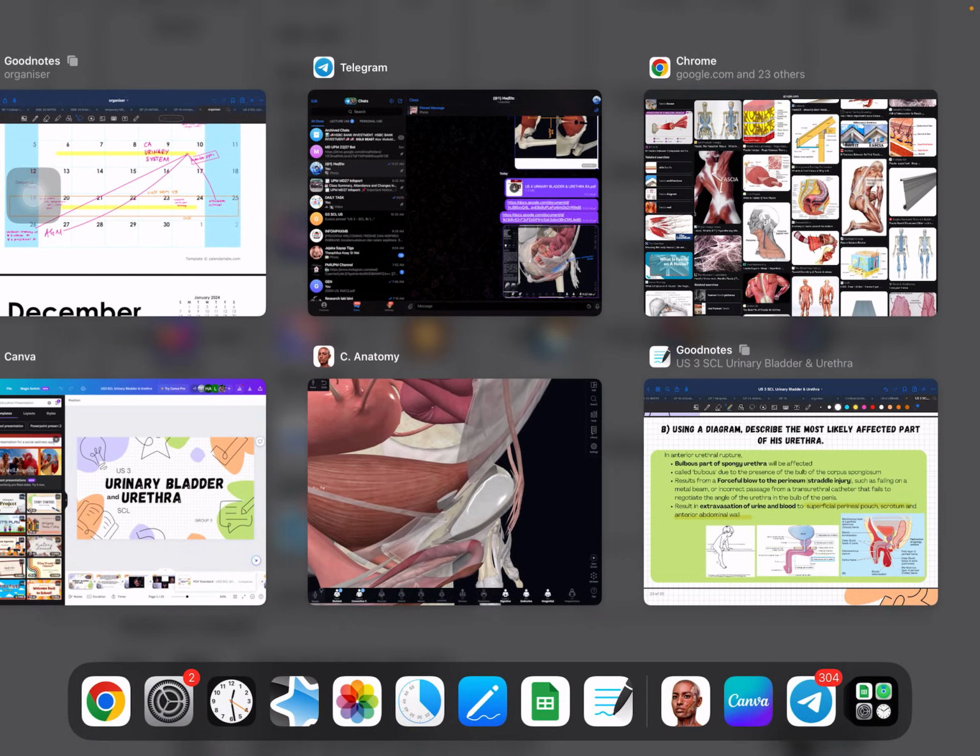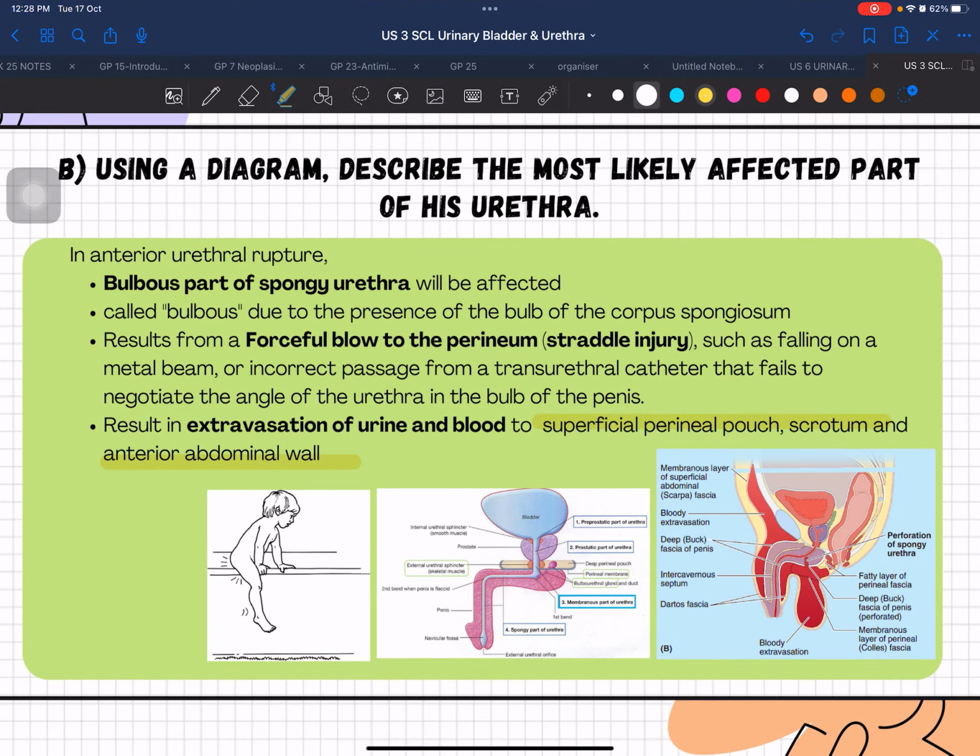Okay, another question. Why the urine didn't drain downwards towards your lower limb? We learned that during lower limb. Why? What is this question? Why the urine doesn't drain to the lower limb? Say there is a pair of Bart's fascia. Why doesn't it drain down to your lower limb? You have done your lower limb? Because there's a fascia, so